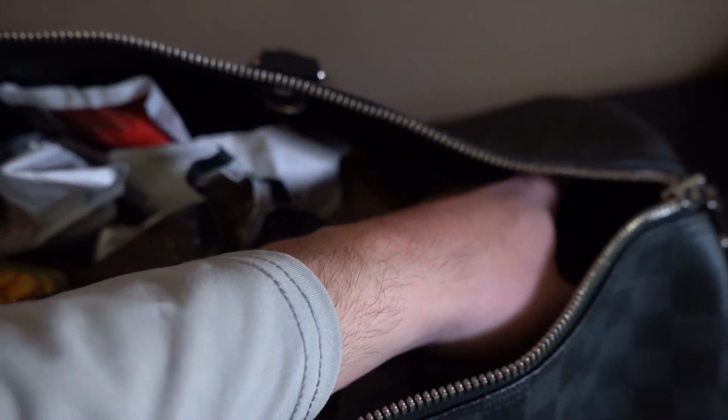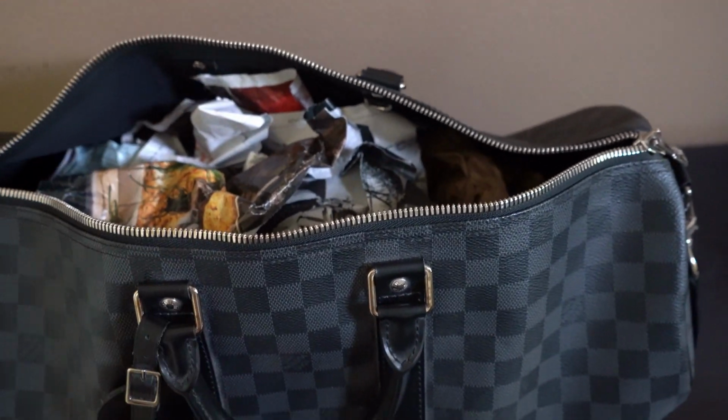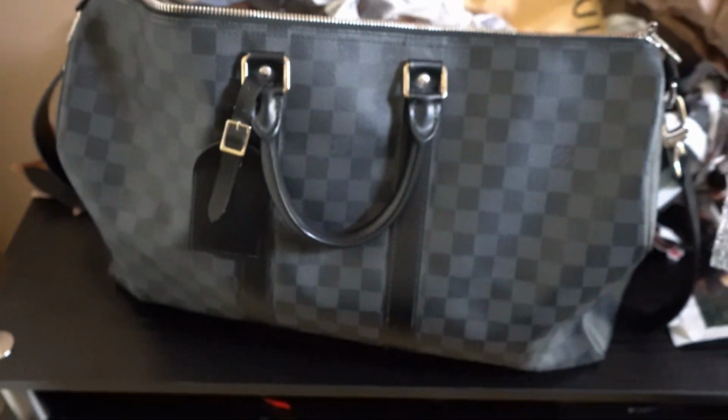I'm not sure if I'm able to feel it right now, but this is considered cabin size, meaning that it holds a good capacity. When you look on the site, they consider it cabin sizing, so you're able to hold whatever you need. I'll just take some of this out so you guys can adjust. And boom, on the inside you guys will see that you do have some room. I'll try to get in the light, but you have a perfect amount of room